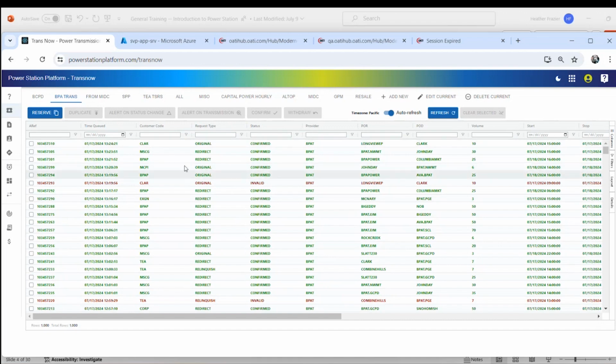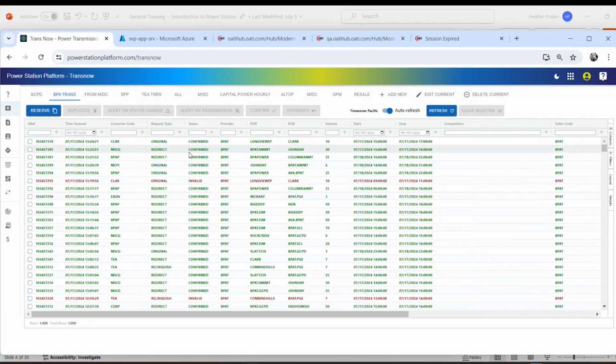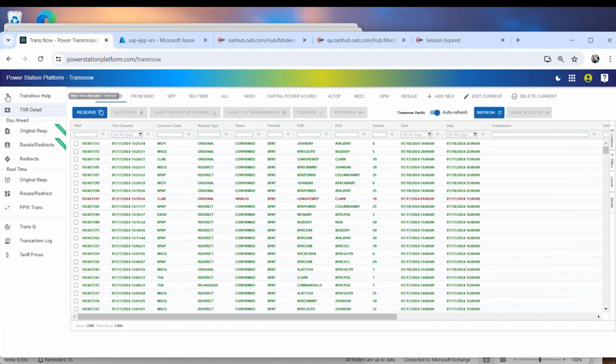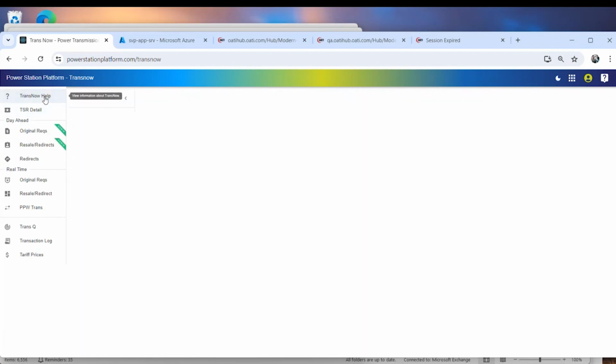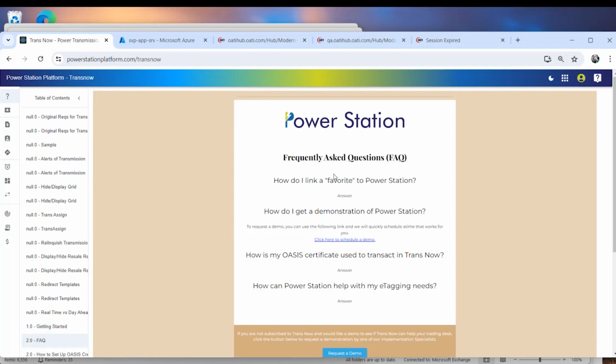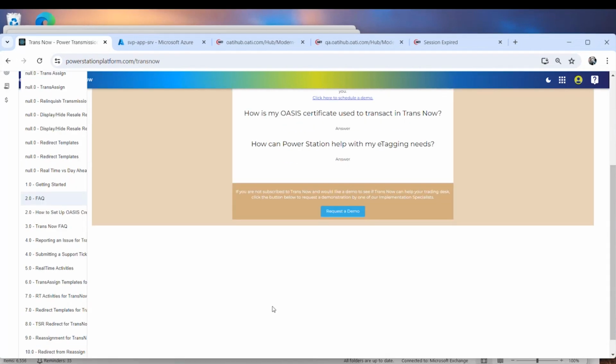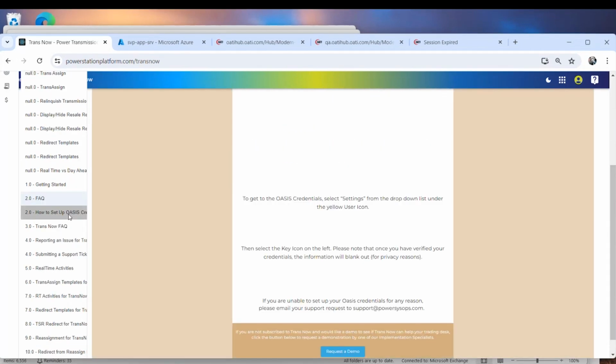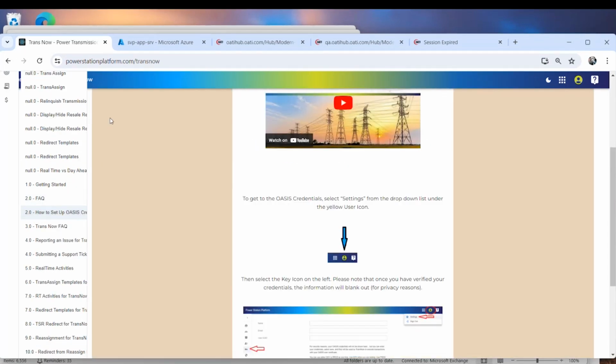Again, you can see how this one is all uniformed out. You can then say auto size and that'll squish stuff up so you can see more data. We do have help files under this question mark. You can go into these help files and some of them actually have videos associated with them. There's questions and answers. But if you come down here, it'll tell you little sheets on how to set up